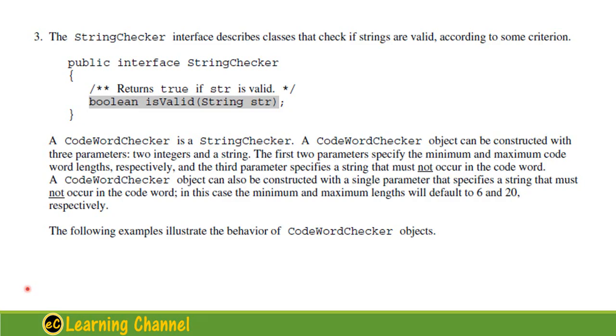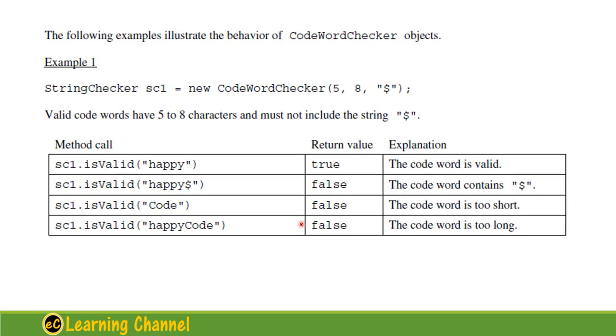Question 3. Question 3 is a string checker. So there's an interface called string checker, and we need to implement this string checker. And be careful, right here it has something hidden. They will require you to construct a code word checker constructor, and there's another constructor that needs you to pass the single parameter that specify the maximum and minimum length for default 60 or 20. So basically, you need to write a constructor,